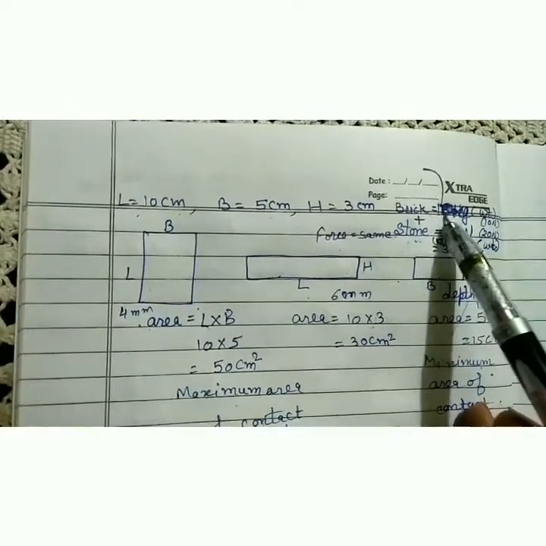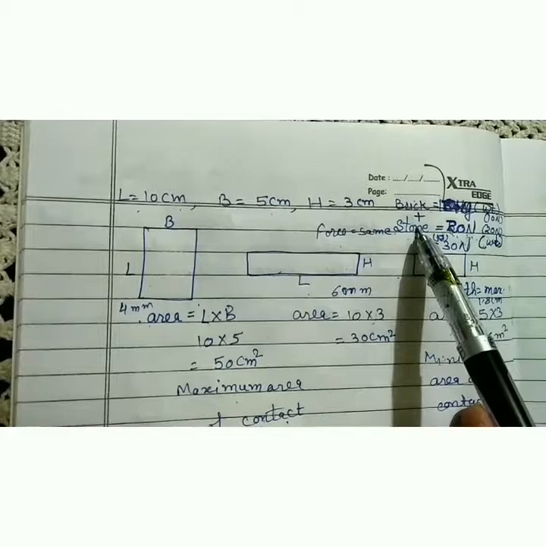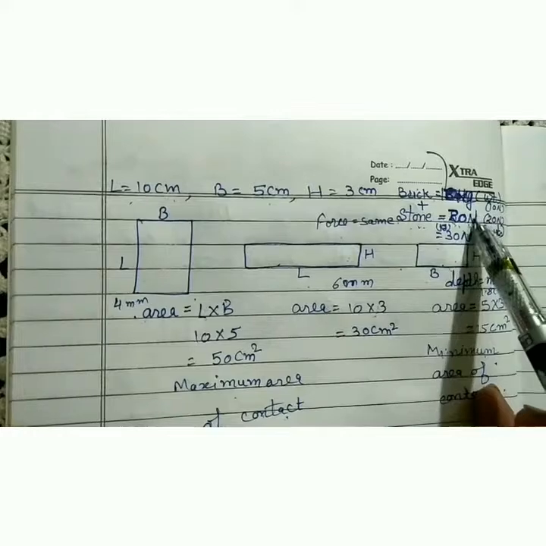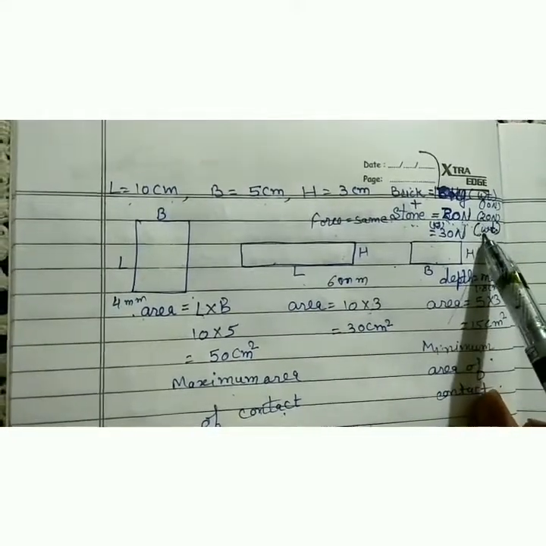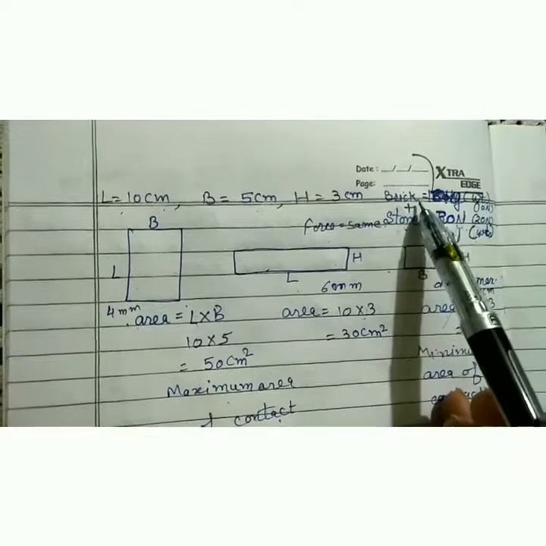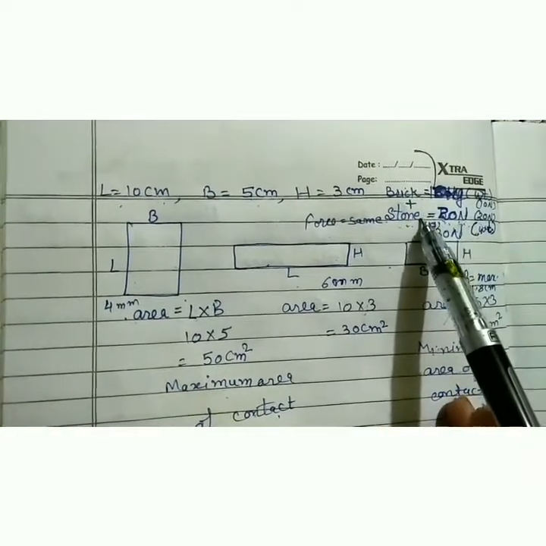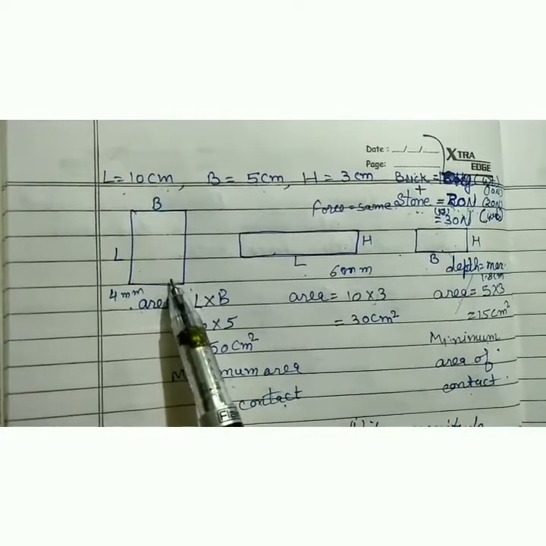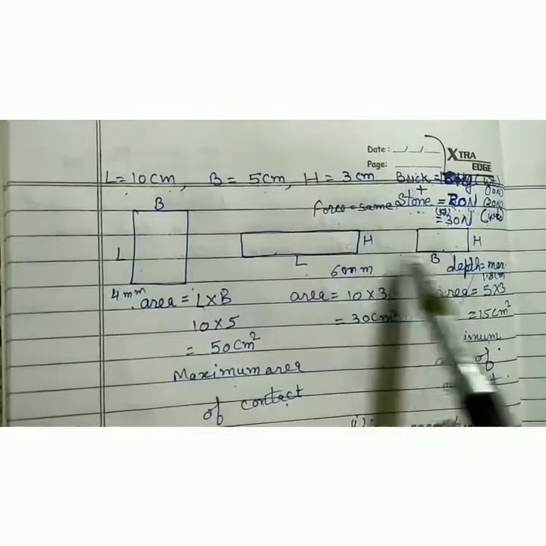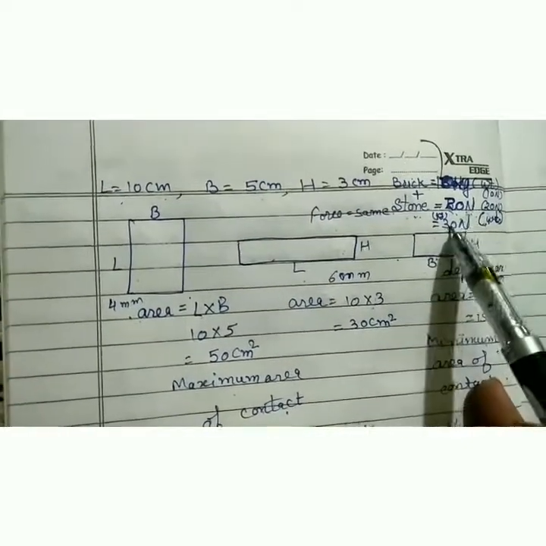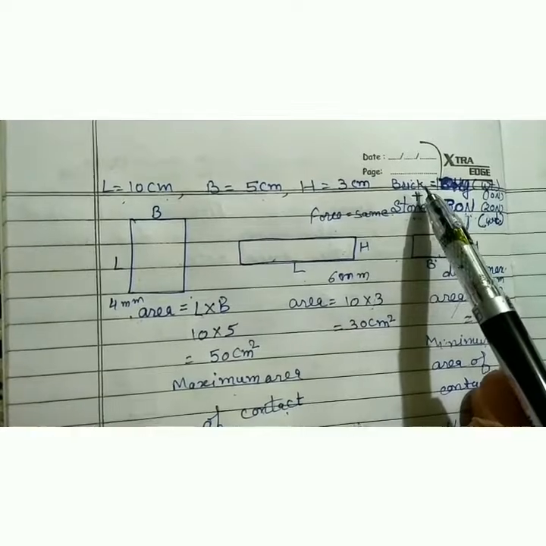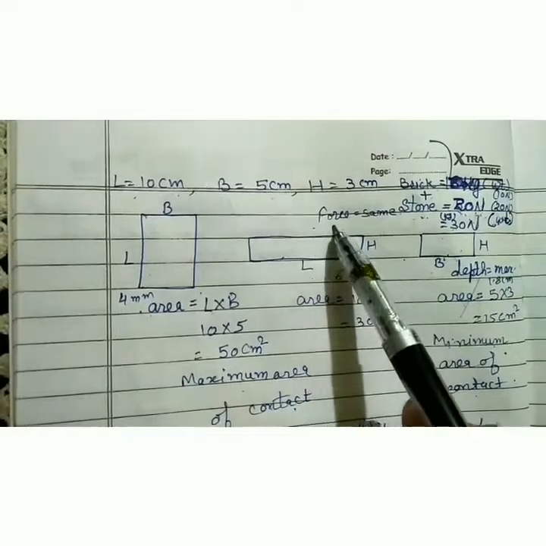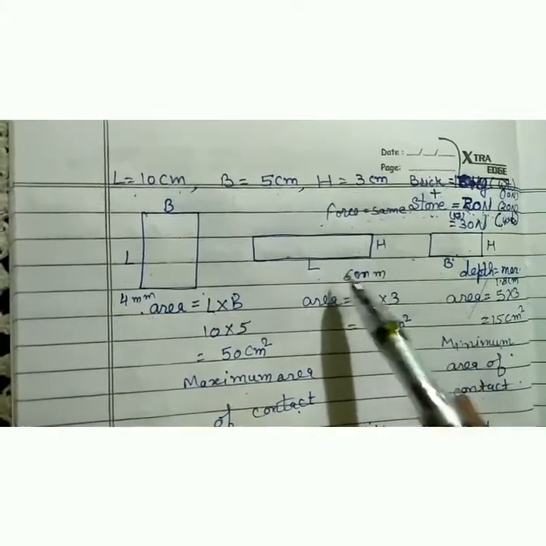Now let the mass of the brick is 10 kg and the mass of the stone which we kept on this brick is 20 kg. Now here I have written the Newton word because the weight of the object is also a type of force. So the total weight of brick and stone is 30 Newton, and it remains same whether we put the brick in first situation or in second situation or in third situation. Means the force applied by the combination of this brick and stone on the sand remains same. Means there is no change in the force applied on the sand.